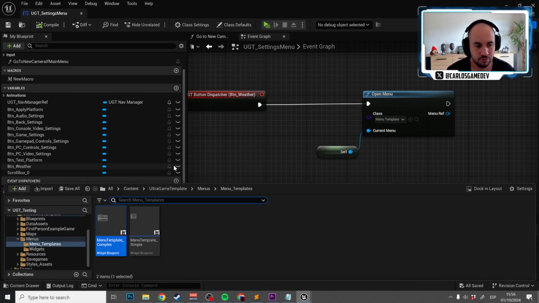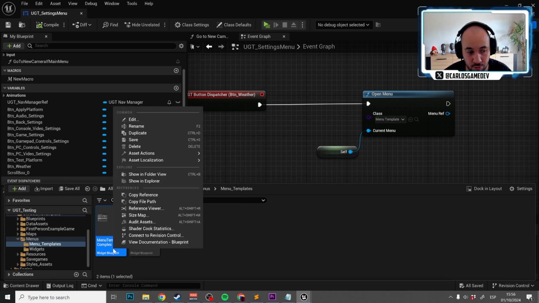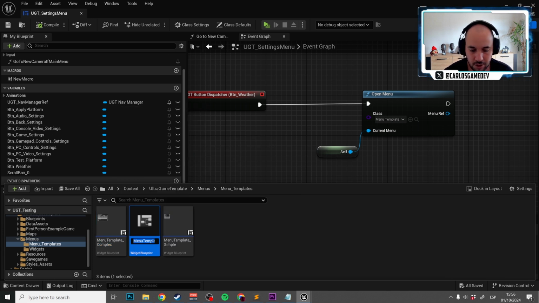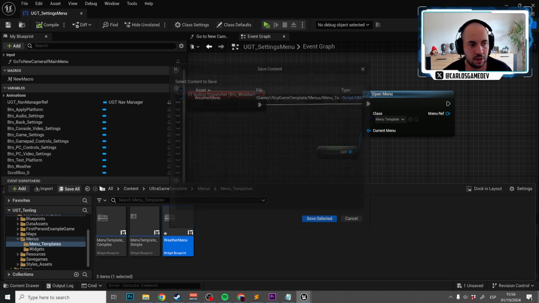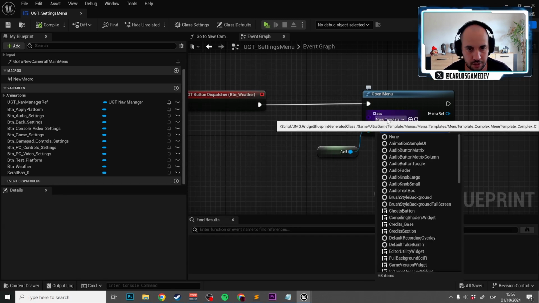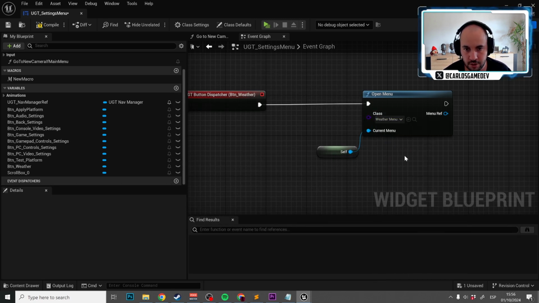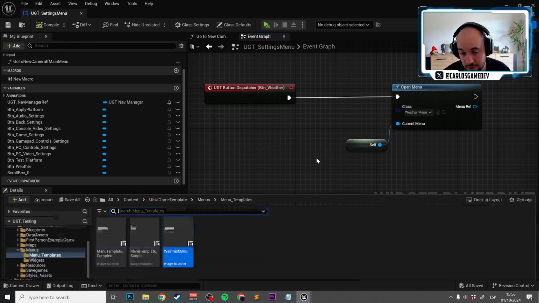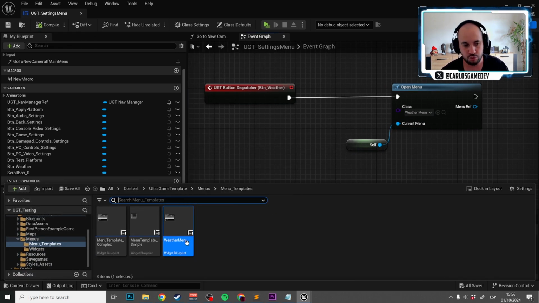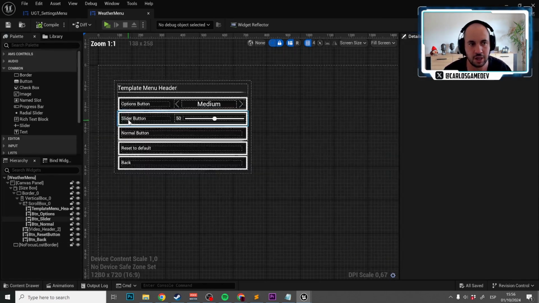Let's actually do something a little bit more complex, because instead of using the menu template complex, I'm going to duplicate this menu, and I'm going to call it weather menu. I'm going to save all, and here we're going to select weather menu. Fantastic. And now it is working for sure, but now we're going to go to weather menu, and let's configure